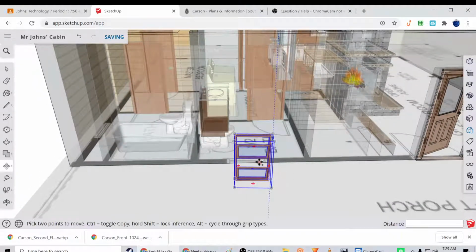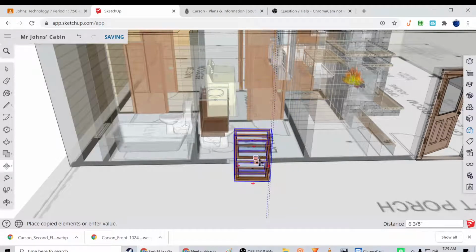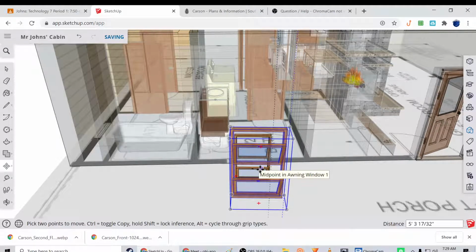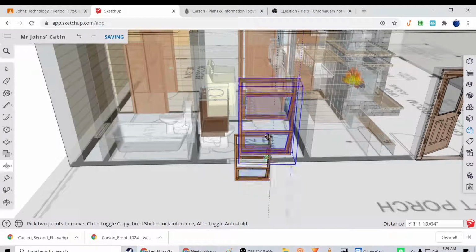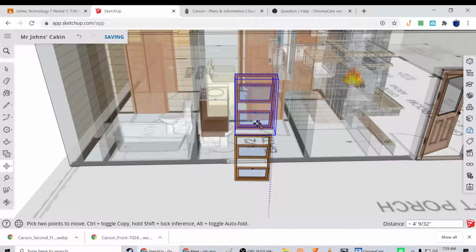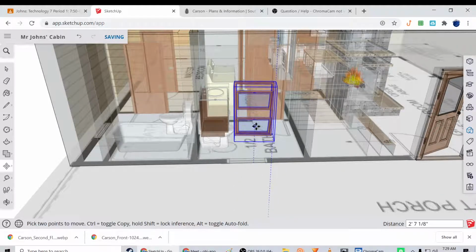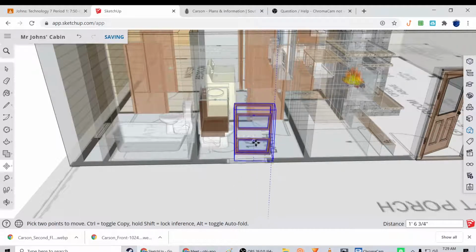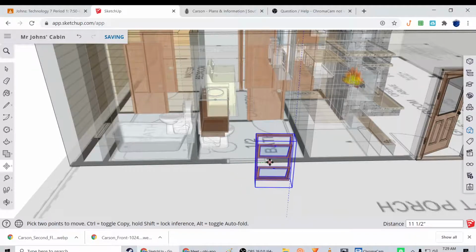But I want to show you that with the Move tool, you can push it towards, and remember, if you need to, you can use the arrow keys to force it to go a certain direction. So in my case, red, it'll force it to go that direction. I also made a copy of it, which I didn't want to do. It'll show you if it's on face. Okay, now I'll just grab the window, and I'll move my mouse until